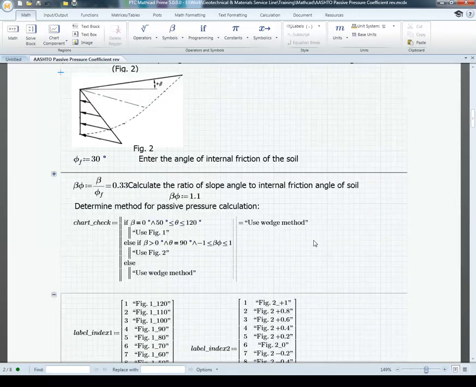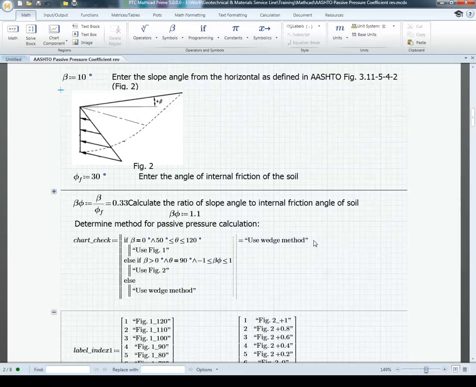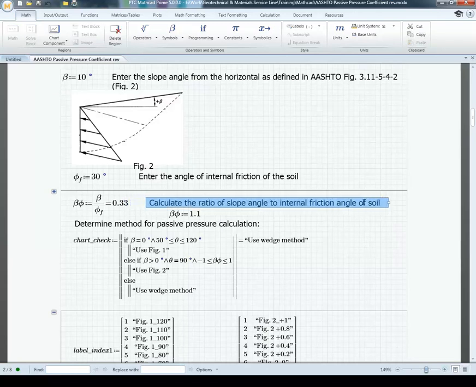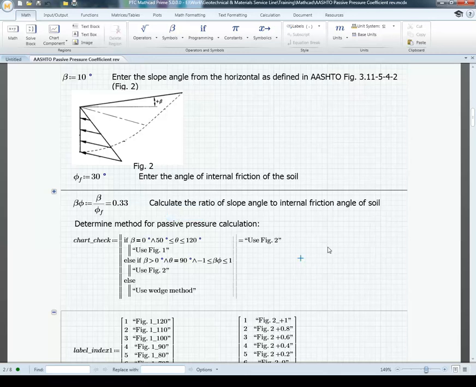So beta is greater than 0 and B phi is less than 1. I may have to look at that. I'm thinking I should be getting this little thing, use figure 2 instead of use the wedge method. Well, oh. Let me just let that do it for me. There we go. Okay. So I was confusing myself, but the great thing about MathCAD is that it never gets